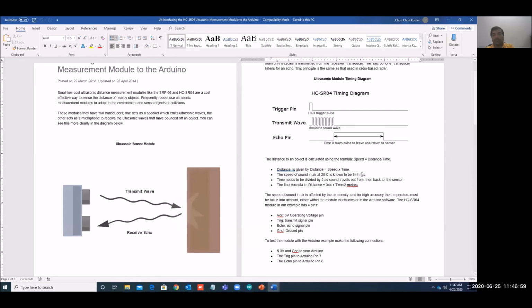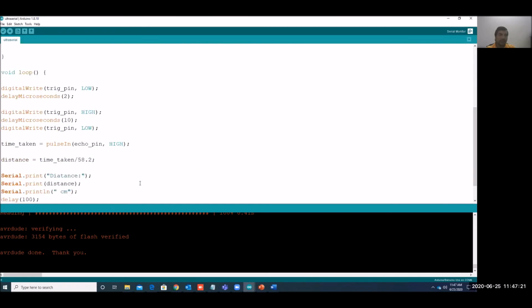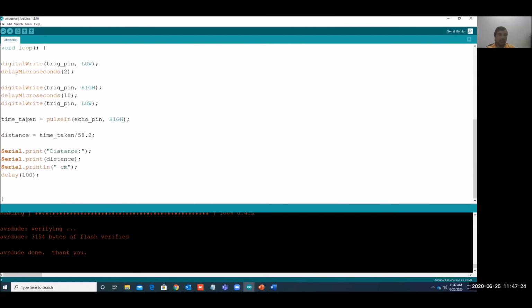So you have to go to centimeters. So you have to convert this meter into centimeter, and the time you are getting, I think you will get in maybe microseconds or something. So you have to multiply that, and then you can get it. Here the time you will get will be very small, maybe in microseconds, so you have to convert that. So that 58 point something what you are getting, and together if you calculate the formula, you will get it.